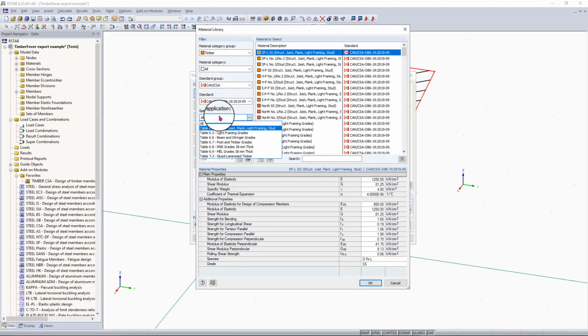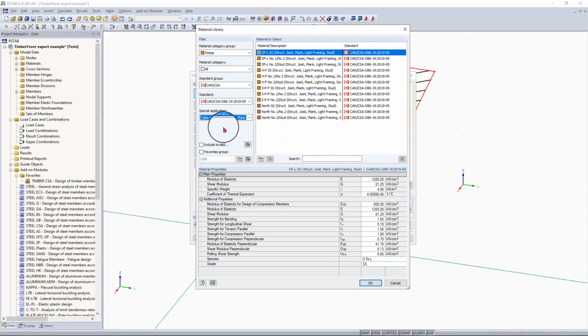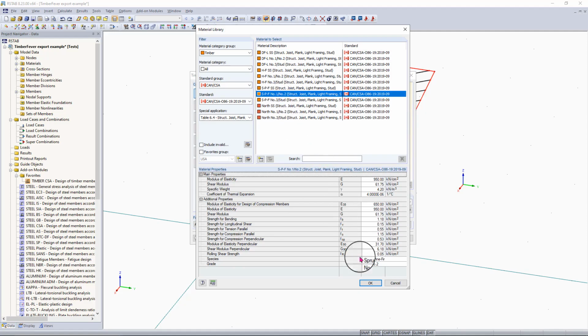And then we want to filter to table 6.4. And here you'll see we have our list of materials from table 6.4, and we want to choose SPF number 1 and number 2. So we'll click on that, click OK,